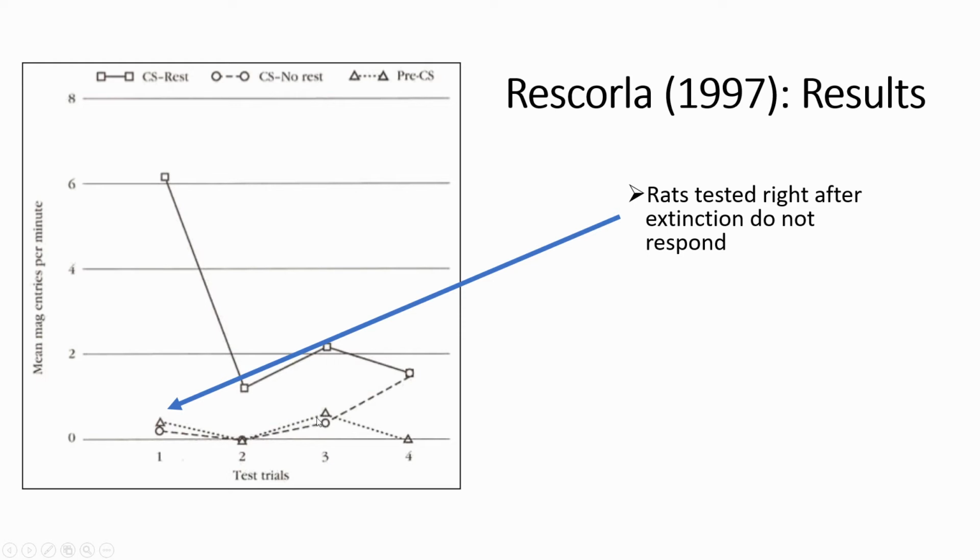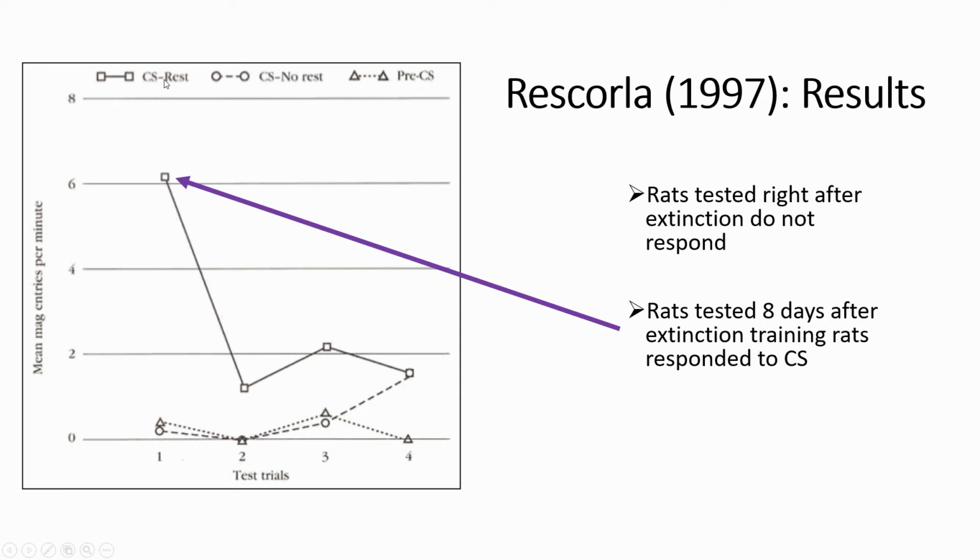So this is just our background level of feeder approaches from those rats, which should be very low. For our no rest group, the group that was tested right after extinction, they continued responding at very, very low rates. These open circles are still very, very low. So this is telling us that because they had just finished extinction, they still knew that they shouldn't respond to that conditioned stimulus. However, if we look at our CS rest group, the group that had that delay,